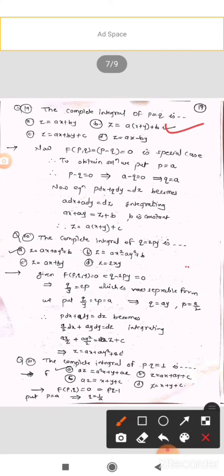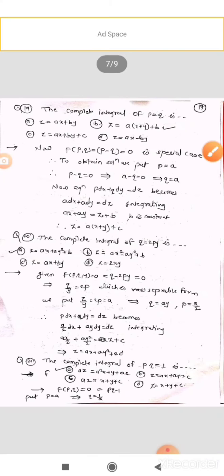In the same way we solve the complete integral for q equals 2py. Now the equation involves p, q as well as y, so we cannot solve it as in the previous problem. It can be written as q minus 2py equals 0, that is q upon y equals 2p, which is in variable separable form. It is another special case. If the equation is in variable separable form, then the complete integral is obtained by substituting f(x, p) equals g(y, q) equals some constant.